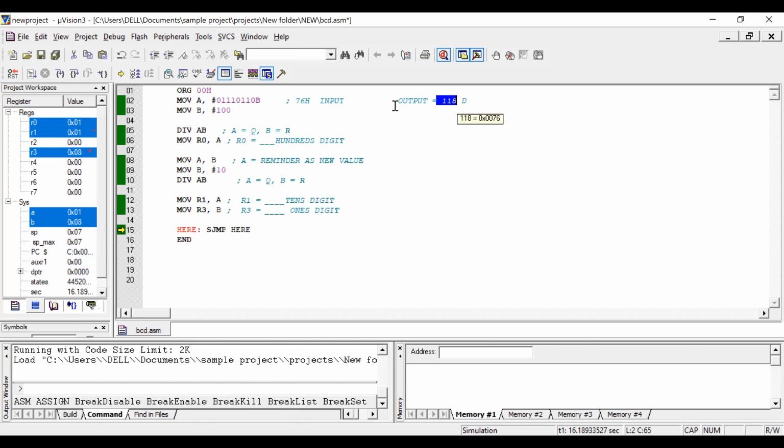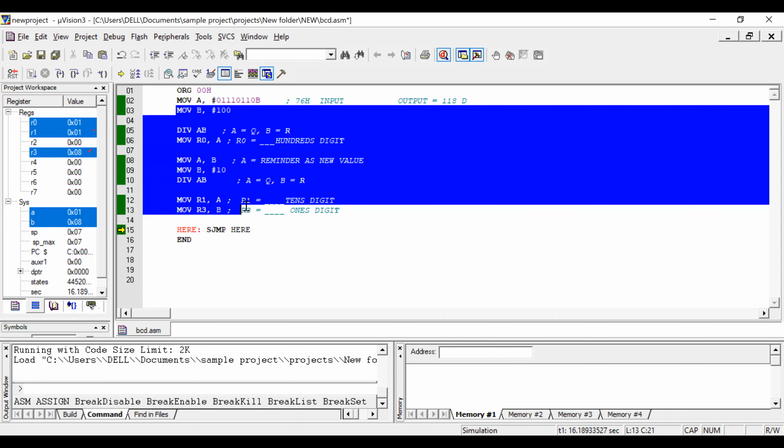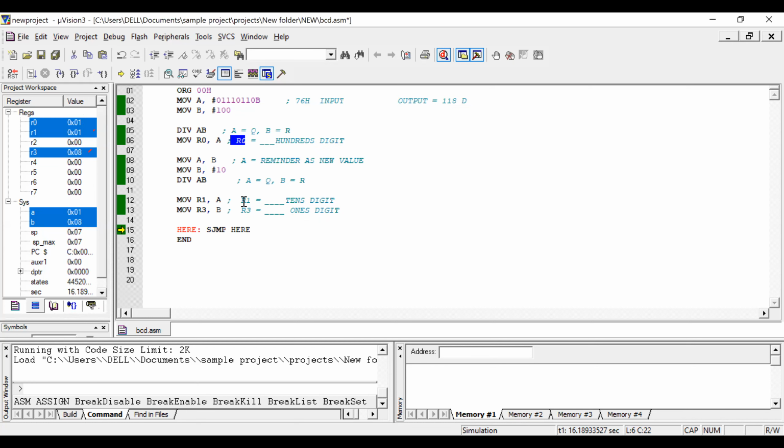See, if it is a two-digit number, you can see it in the same register. Since it is not a 2-digit number, you are going to use this logic. With the corresponding registers, you can see the exact output.